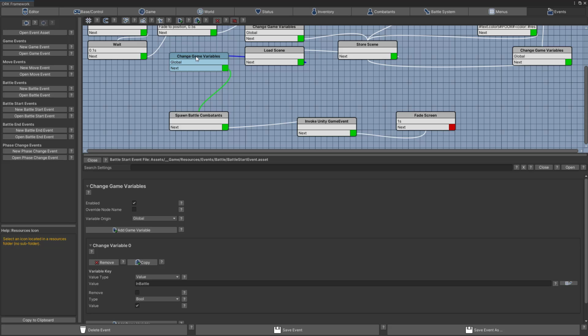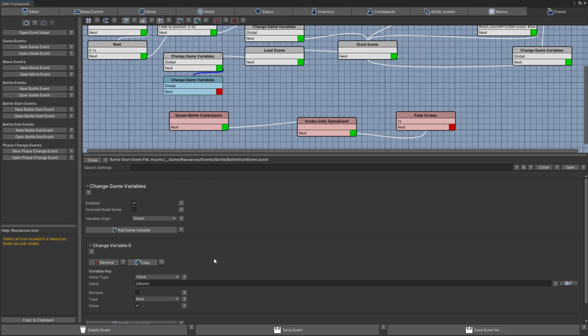This is to help us detect from which location we are starting the battle in order to change the geometry of the battle arena. So let's copy the change game variable and put it down below, link it up,